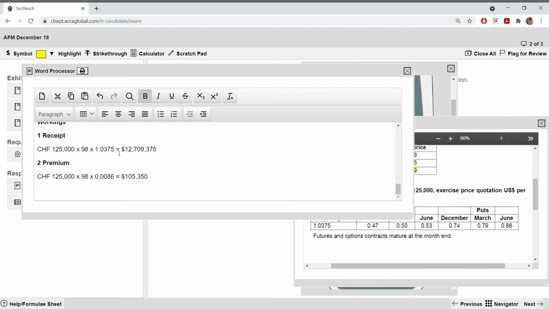Okay. So the answer says the option would give the higher receipt. That means higher than the future also if they were not exercised. If they were not exercised and the spot rate moves sufficiently in the company's favor. If the company allowed the option to lapse, it would allow the same receipt as under the future. Okay. So this you have to write.